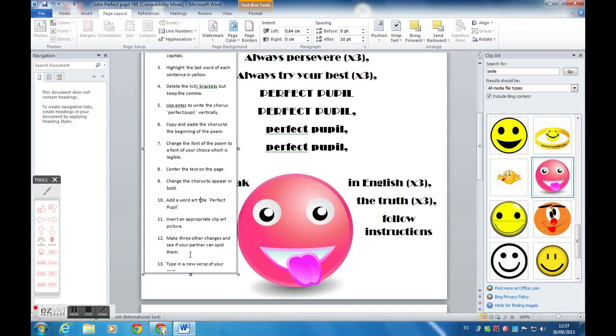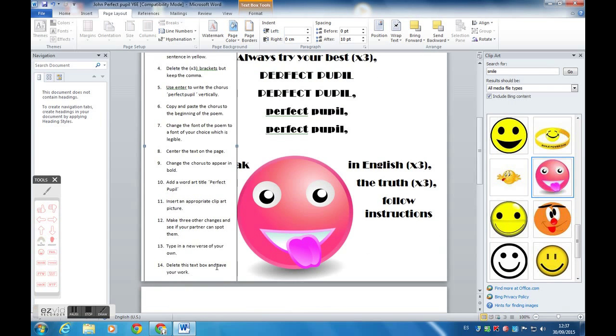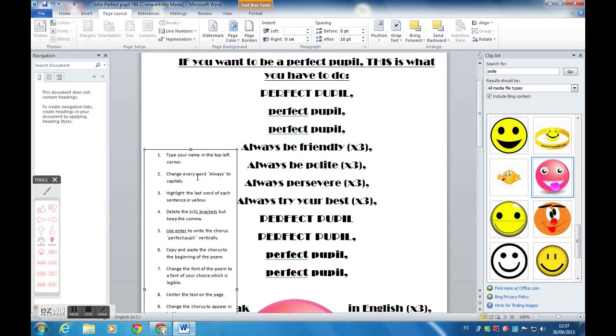Now I'm going to go to this text box here. There's something missing, it's hidden, so I'm going to pull that down a bit. Okay, here's the final thing. Delete this text box and save your work. So to delete,